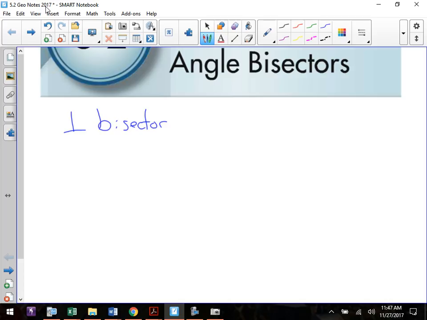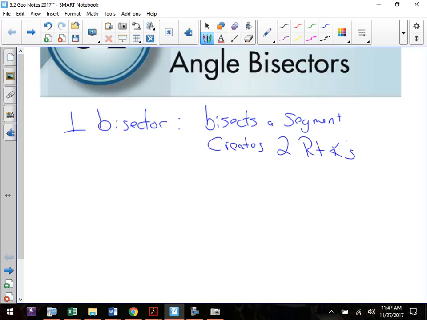It runs into a segment, creates 90 degrees, and like you said, it's like a midpoint. Okay? So a perpendicular bisector does two things. It bisects a segment, and it creates two right angles. For example,